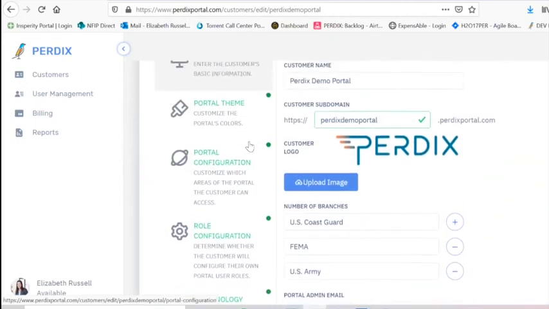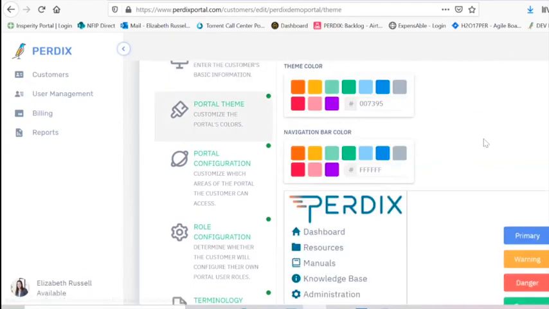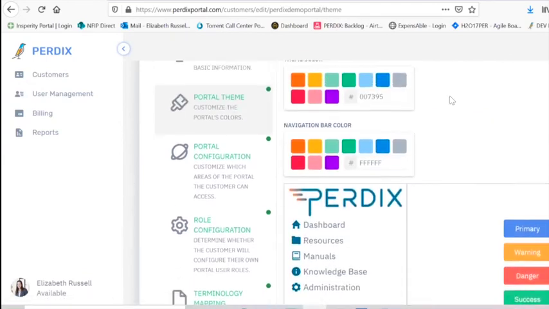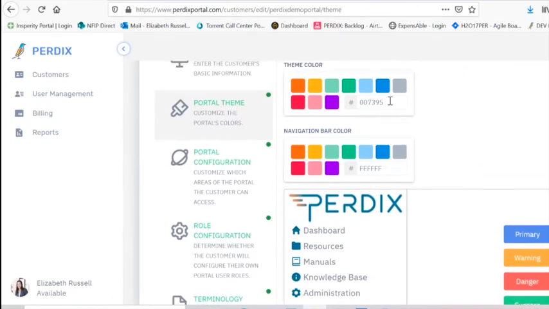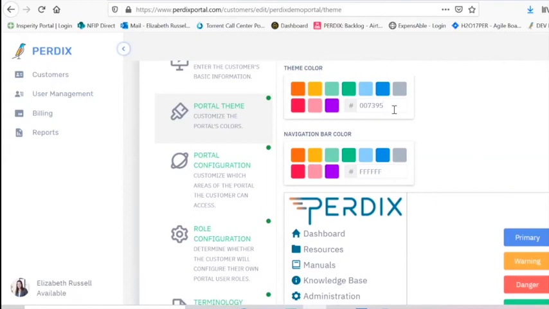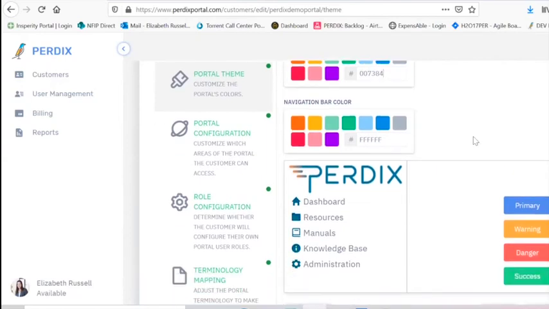Other interesting types of configurations is the theme. The colors you have seen in this one were set by us using hex codes in this case, but we can easily change those. Maybe I want this to be 7384. That's a pretty minor change. Maybe I want everything to just be in this teal color. You can see my icons changing. We can also change the navigation top bar. Perhaps I want it to be this blue. So we can customize the look and